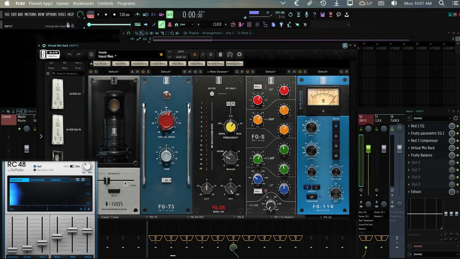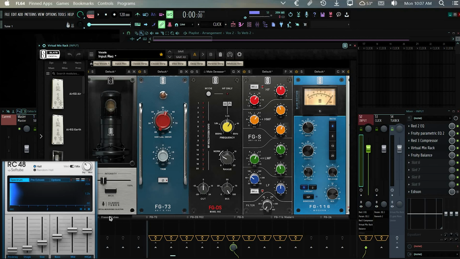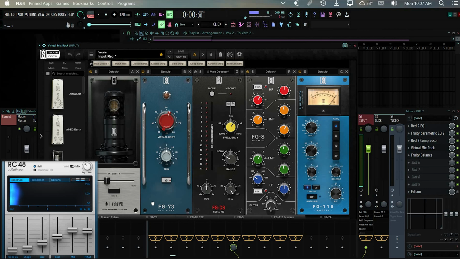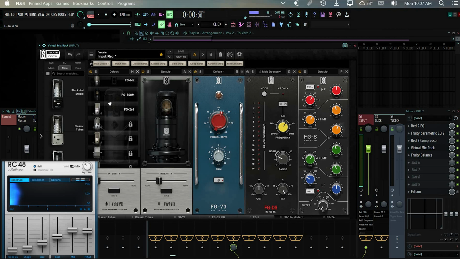Next up is the dynamics section. So I've got an instance of Virtual Mix Rack here. If you guys watch the channel, you know this is one of my favorite plugins. Slate Digital is one of my favorite plugin manufacturers, but this specifically is one of my favorite plugins. It gets used in almost every single project I work on, and not just vocals, but plenty of other things as well. I'm not going to go into too much detail here because it's pretty simple, it's pretty rudimentary,